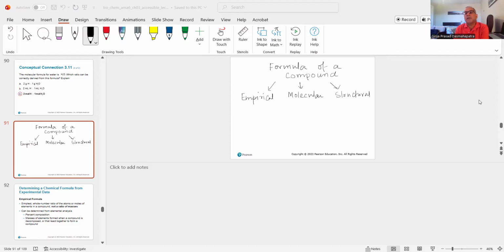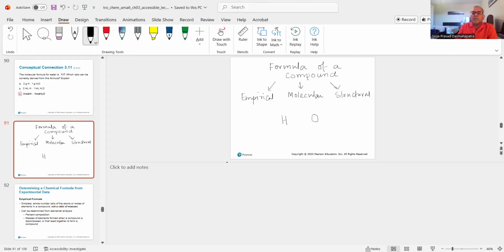In this particular lecture video, we will be talking about formulas, the formula of a compound. We have already introduced previously that a compound is represented by a formula of that particular substance. As you have already learned, a compound is formed by the chemical combination of atoms of different elements. For example, suppose we are talking about a compound between